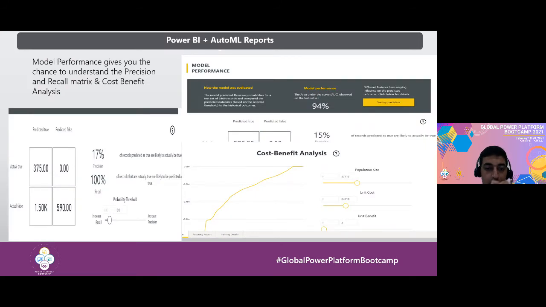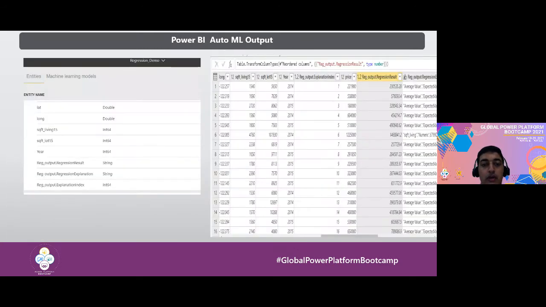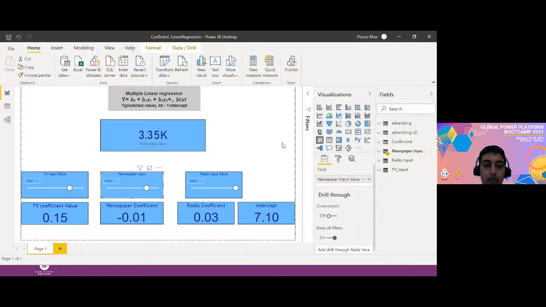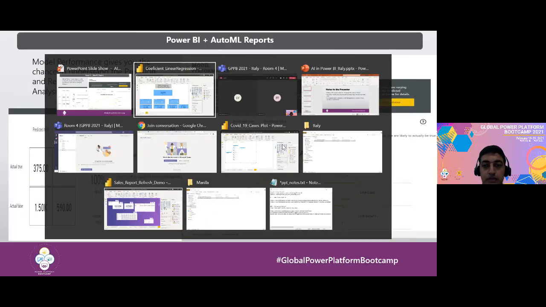Within the model performance reports, you can see metrics like precision, recall, and cost. I'm going to show you how we can create this model and get all these result sets. Before that, I'm going to go to the